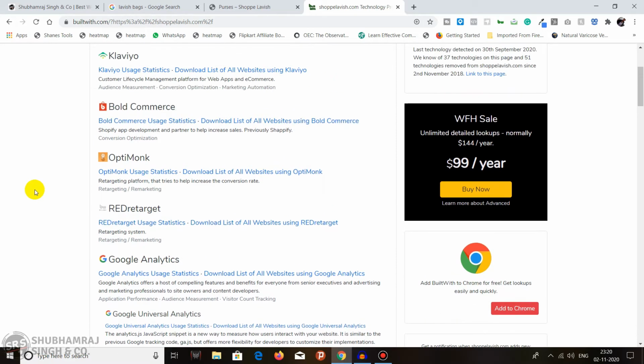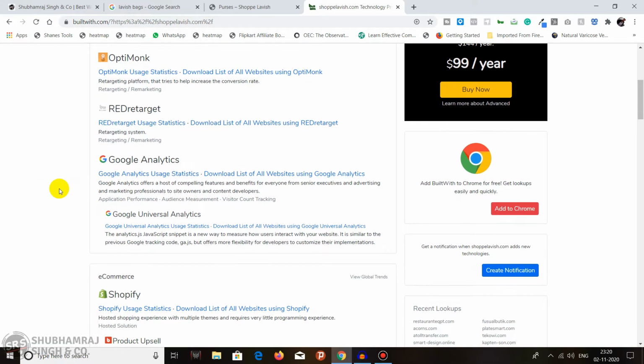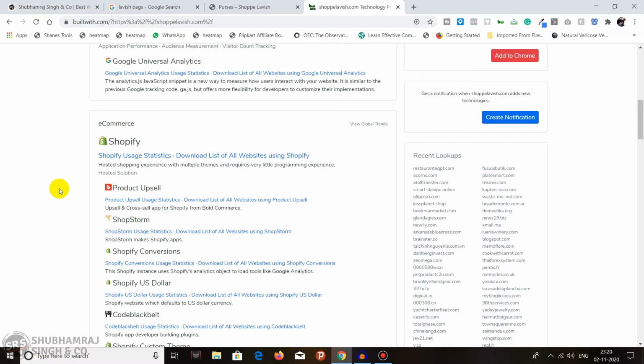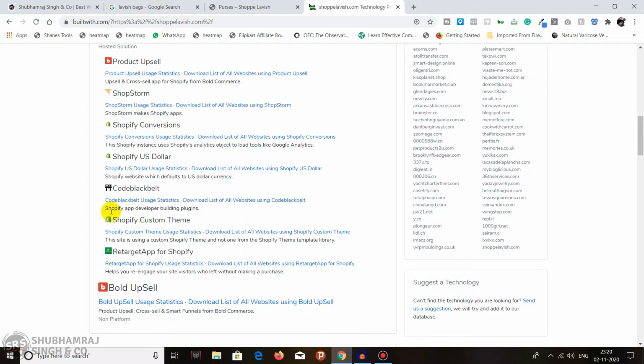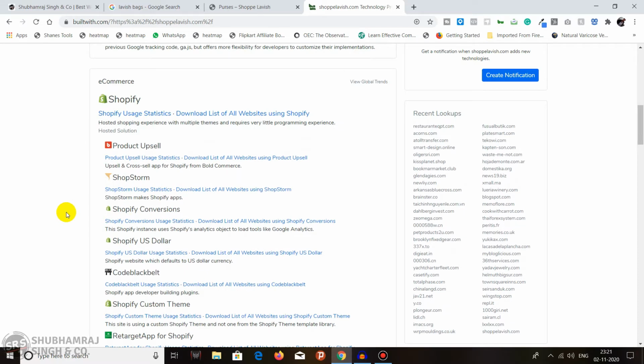You can see that they are using the same Google Analytics code installed in this website, Shopify. These are the different plugins which, when you take Shopify, you have to buy.